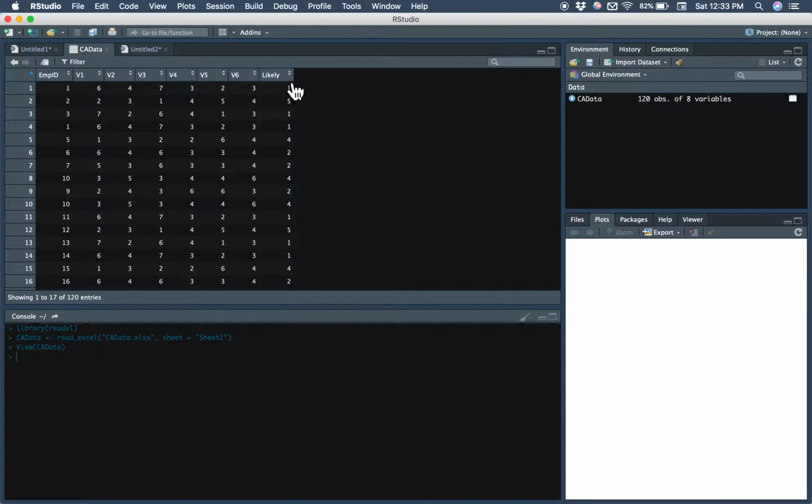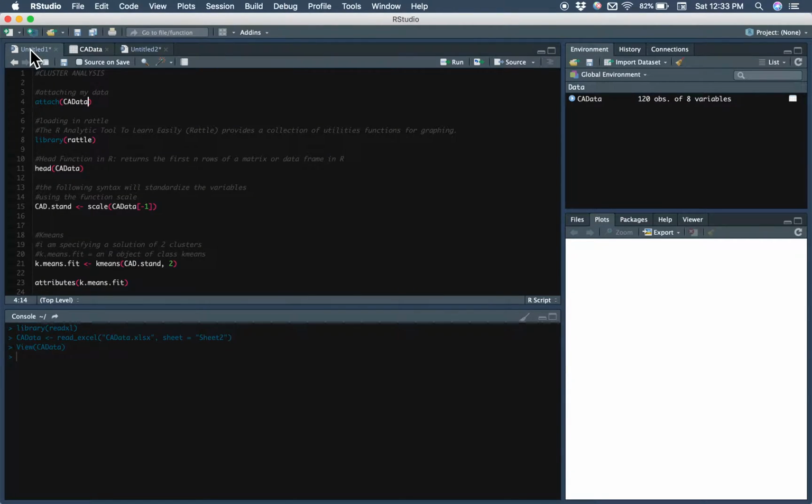So here's that data, all continuous. Employee ID is actually candidate ID. I just didn't change the variable after I changed my data. So anyways,